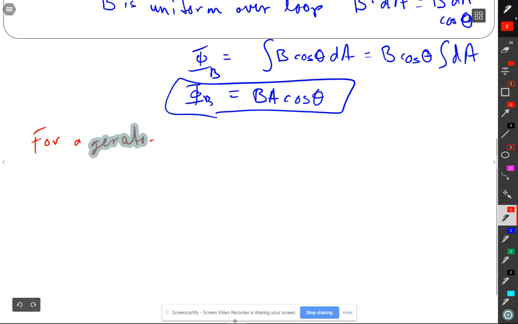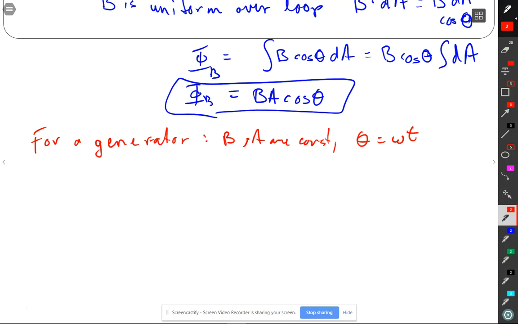wow, I missed a syllable. I may have an E where I should have it. I think that's right. Let's not worry about it. Yeah. For a generator, B and A are constant, but theta is equal to omega t. And so for a generator,